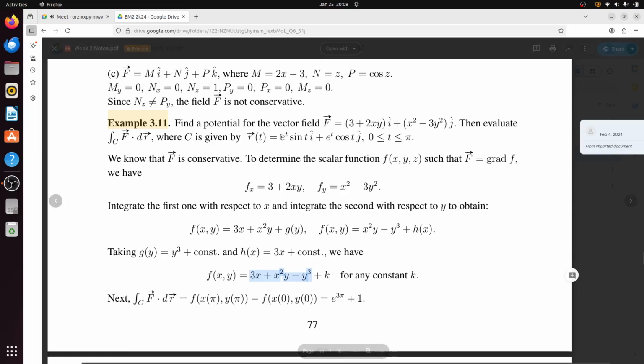तो अब आपका फाइनल जो पॉइंट है, यहाँ पे आपको pi put करना है। तो अगर pi put करोगे you will get e^pi sin pi and e^pi cos pi. तो sin pi तो जीरो and cos pi आ गया, माइनस e की पावर pi, और अगर जीरो लगे तो ये बन जाएगा e^pi, है ना। तो f x pi y pi minus x 0 y 0, तो आपका फाइनल आंसर आ जाएगा।